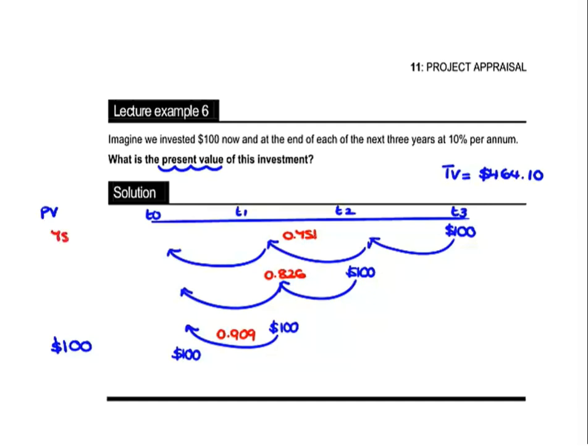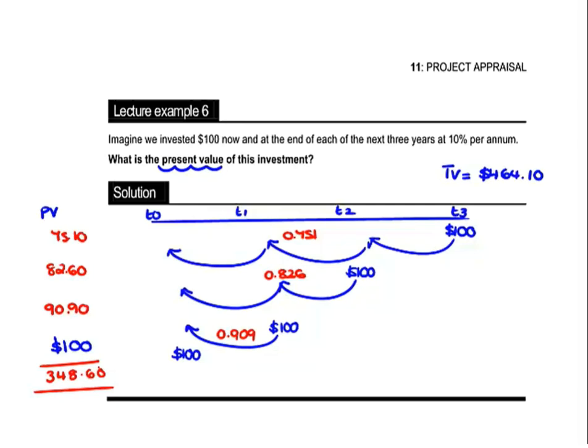So we've got 75.10, 82.60 and 90.90 plus that $100 invested on the first day. So that's got a present value of $348.60. Now you might be right if you're thinking that that seems a rather long-winded way to do it, because